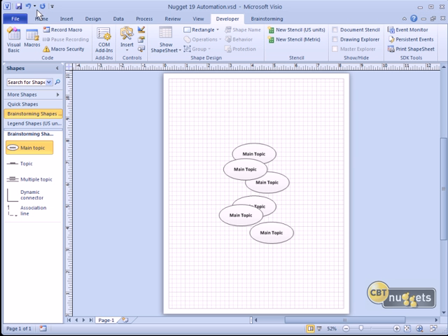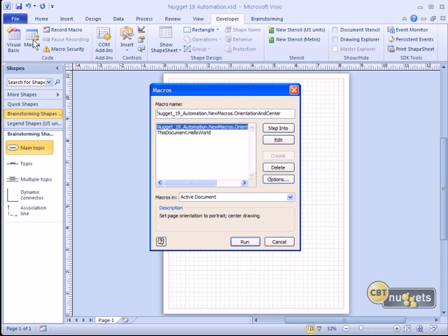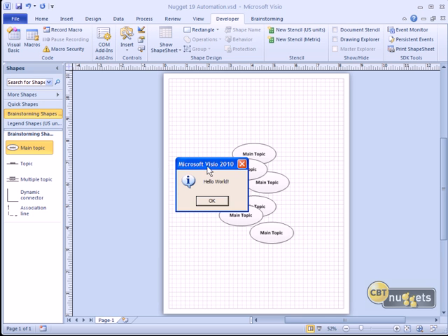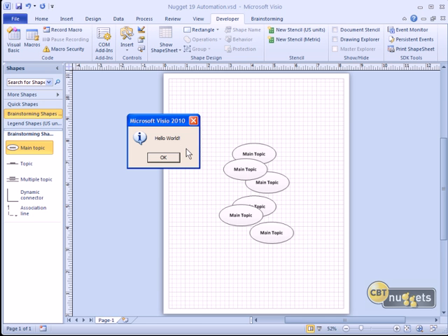So we'll come back into Visio, save our work, and you can get to your VBA code through the macros dialog. You see now that we have, in addition to the macro we recorded through the macro recorder, a second element stored in the document called ThisDocument.HelloWorld. And this one, as we know, was created strictly with VBA. When we click run, we now see our finished message box that has our information balloon, it has our custom message bar text, it has only an OK button, no cancel, and of course the text itself.